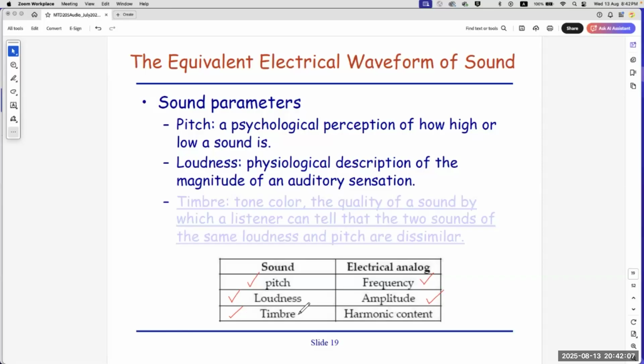Of course, for example, I say do re mi fa sol. The simple one, do re mi fa sol. Do is one frequency, re is one frequency. But in terms of timbre, these two may be very close together. If your ear is very good at differentiating sound, you are able to differentiate these two types of so-called sound, or what you call pitch.